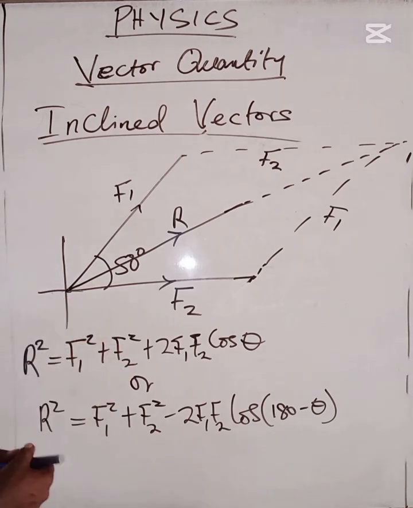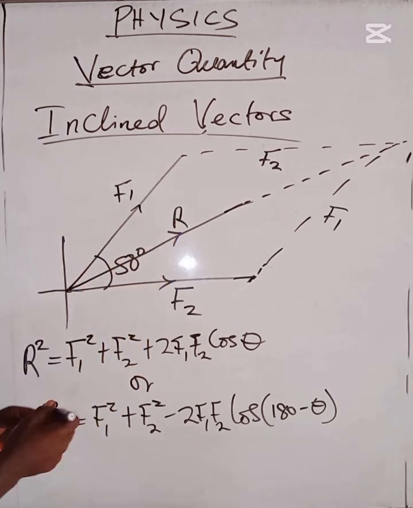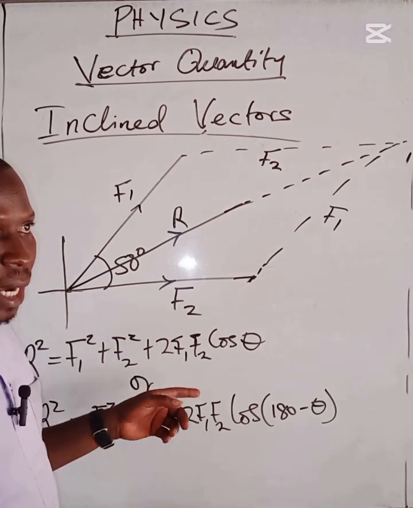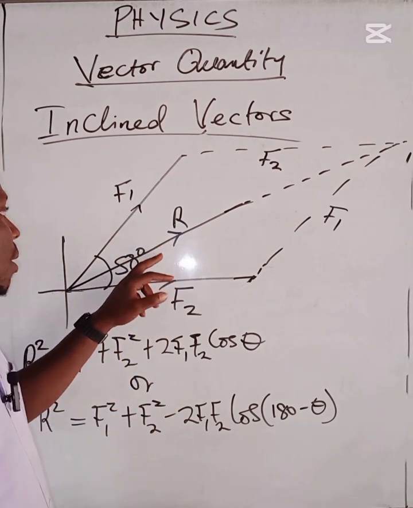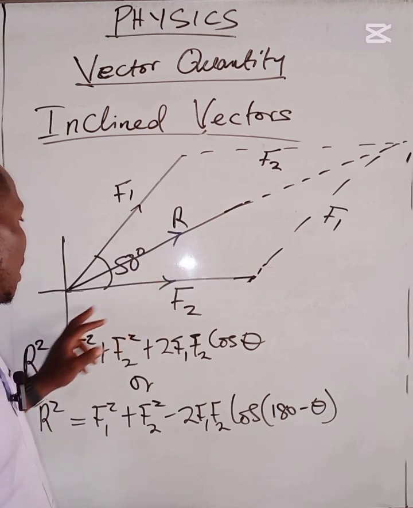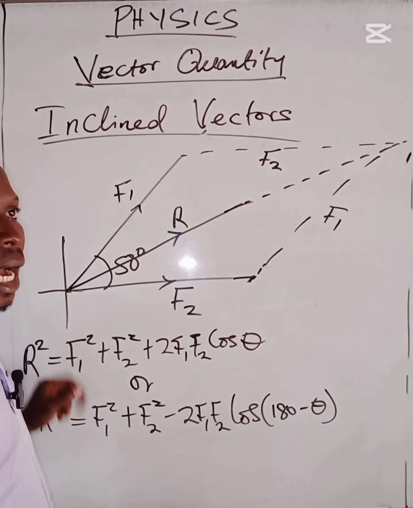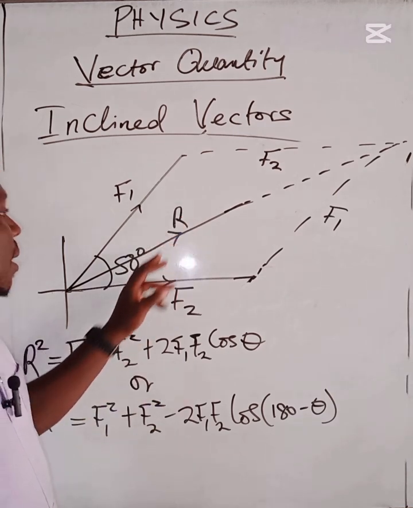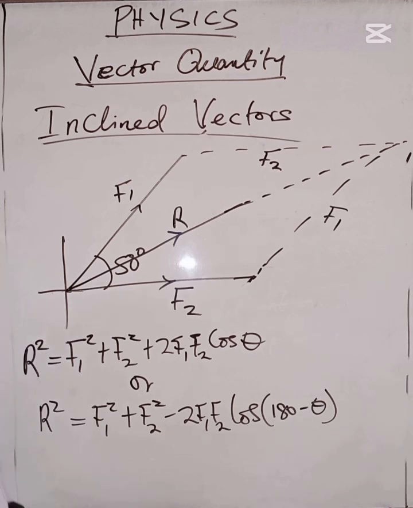Then after finding it, you now find the direction of this resultant with respect to the north pole. Remember, I told you that direction is always found with respect to either north or south. If this resultant vector is between east and south, we'll find the direction with respect to what? To the south pole. But in this case, it is between north and east. All right, so to find direction here, we are going to say for direction,